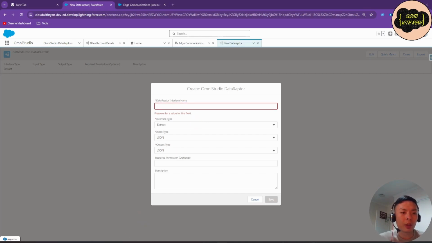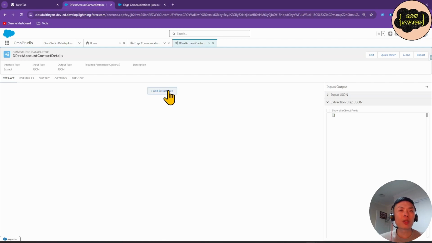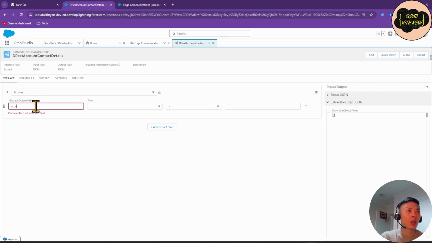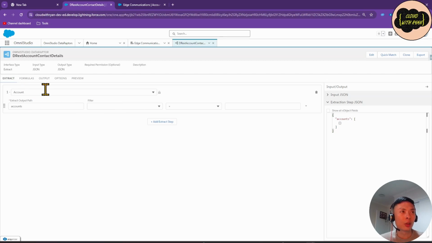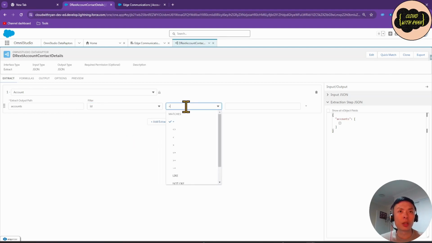In this DataRaptor, we will be extracting account details and contact details. So I've named it ext account contact details, and we want to go with Extract and keep the rest as default. So let's start by fetching all the account records. Select Accounts. For the JSON node, again, let's go with lowercase and plural to distinguish from the actual object itself. To get all the accounts, we need to make sure the ID is there by using